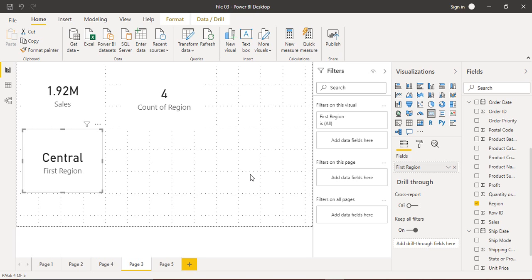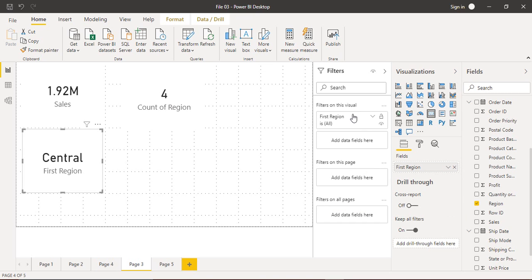Since the card that we are using is a region card, the different filters that could be applied could be on the number of sales, profit, quantity, orders, etc. As soon as you expand this filters pane, you can see these 3 things: filters on this visual, filters on this page, and filters on all pages.